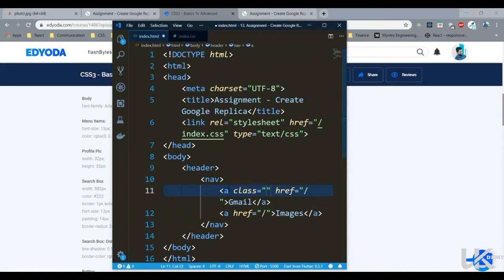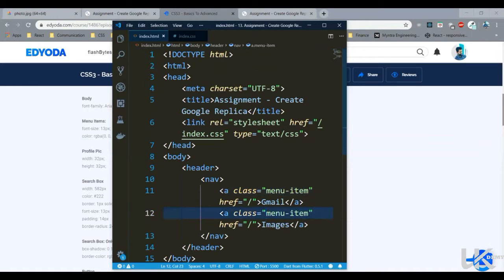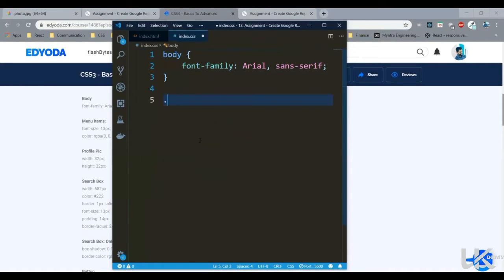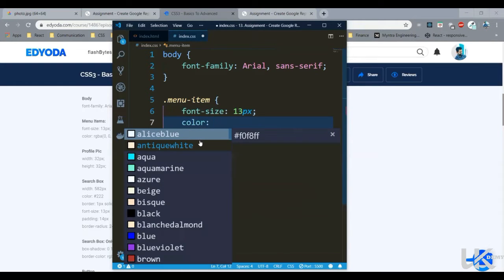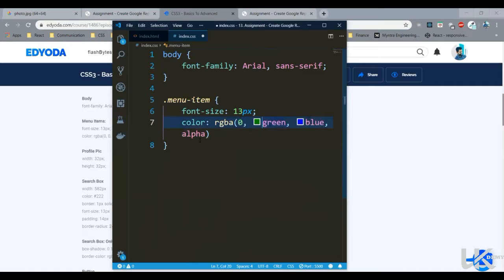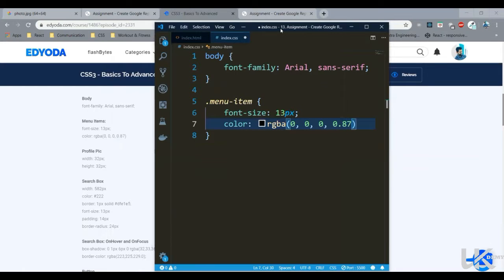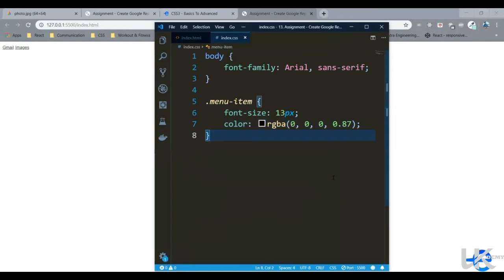Let's add a class here. So menu item, let's paste it here. Let's copy this class name. So what we need is the font size of 13 pixels and a color of RGBA black. And an opacity of 0.87. So 0.87. Let's save it. Coming back here. Now let's save it. And as you can see,